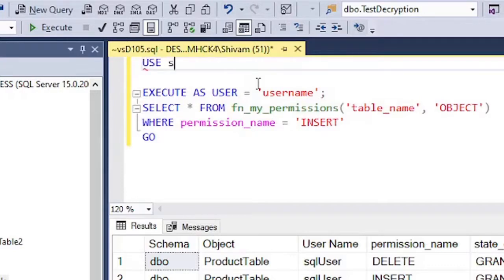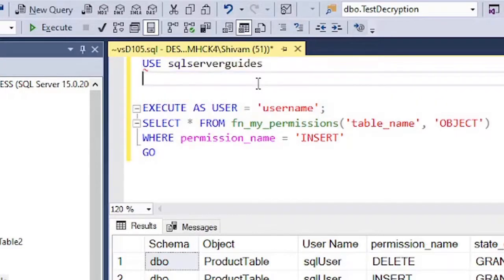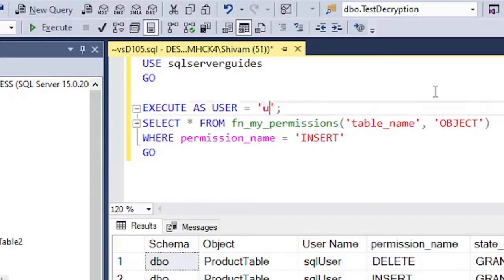So I will be using SQL Server Guides database. After this we have to specify the username. So I will be checking for SQL user. Next we have to specify the table name. So again I will check for this product table,